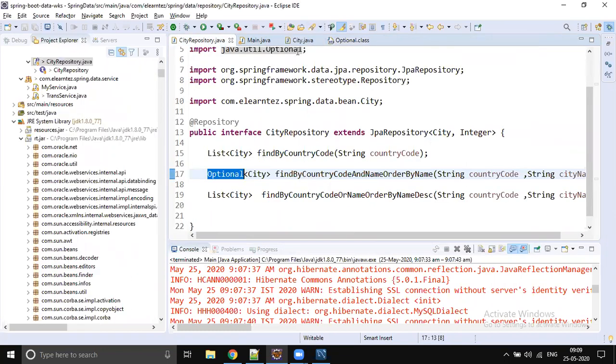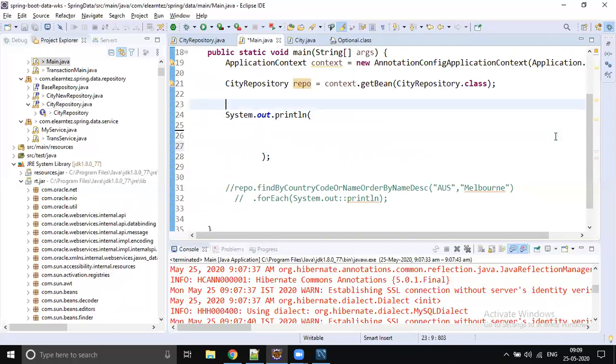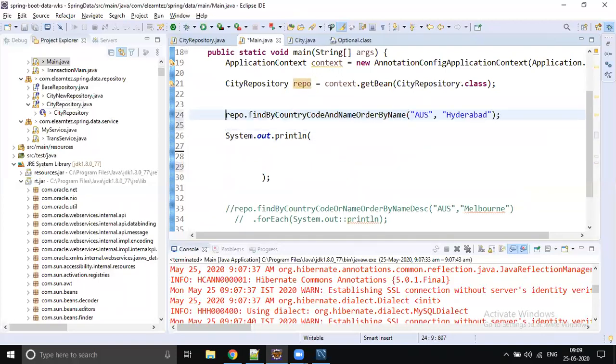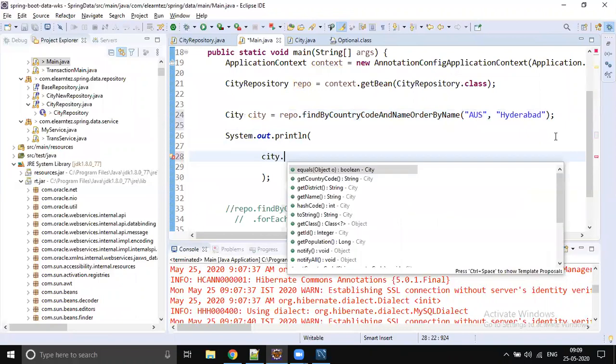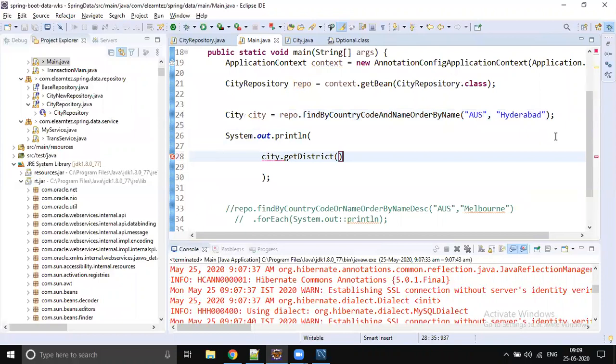For example, in the last case, if I don't use Optional, what should I do to avoid a null pointer exception in our main class? We should do a null check. Let's assign city equals to, and if I'm directly calling city dot, boom, we will get a null pointer exception.